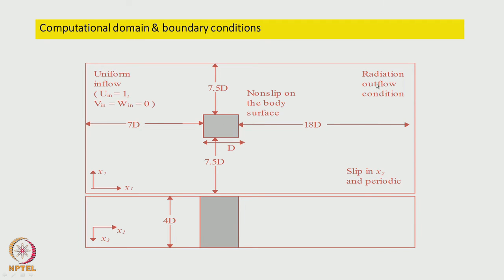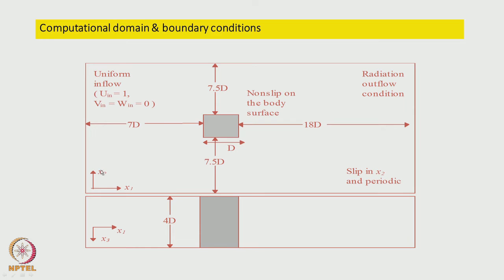Then later we will see what a radiation boundary condition is, which is posed on the outlet. There is a boundary condition called the slip boundary condition, and that is specified in the x2 direction. So, that is the boundary here as well as the boundary here, top as well as on the bottom in this